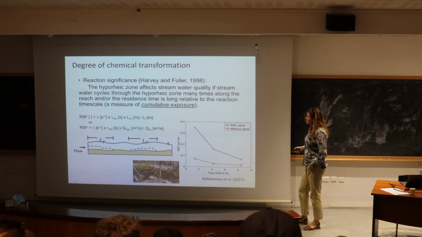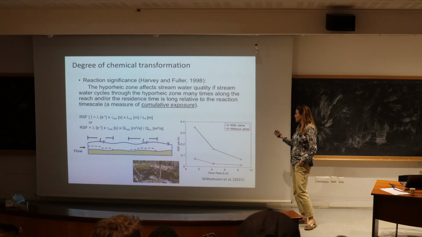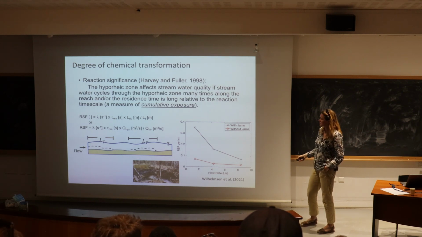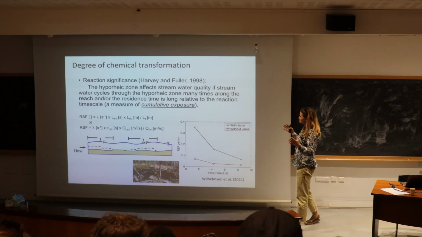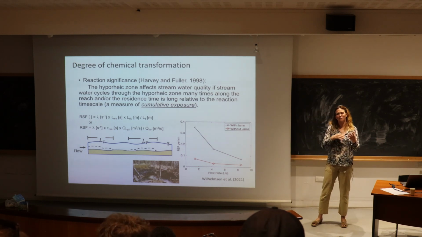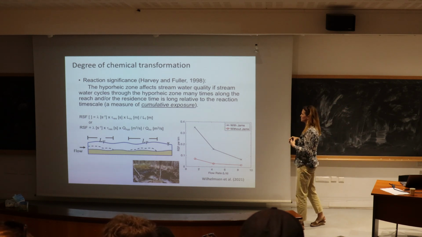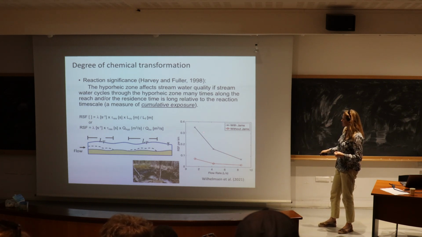And what we have found actually is that the reaction significance factor, so how effectively the stream can transform any solute, is going to be a lot greater in streams with jams than streams without jams, because these log jams that are formed by trees falling in streams or beaver activity create a really efficient way of pumping water through the stream bed because of those hydraulic head gradients. And so the reaction significance factor will increase at a given stream discharge if you have more jams.